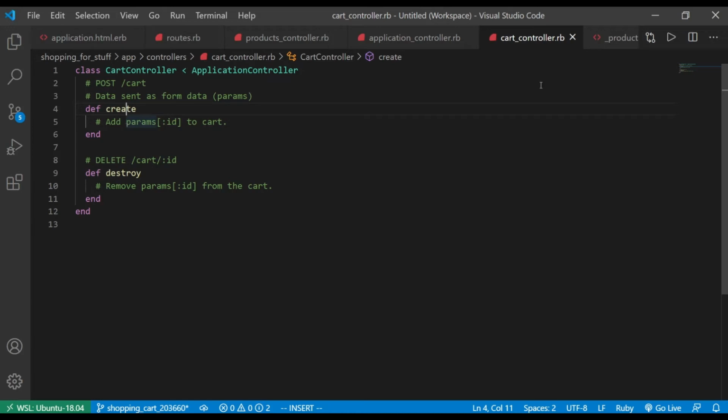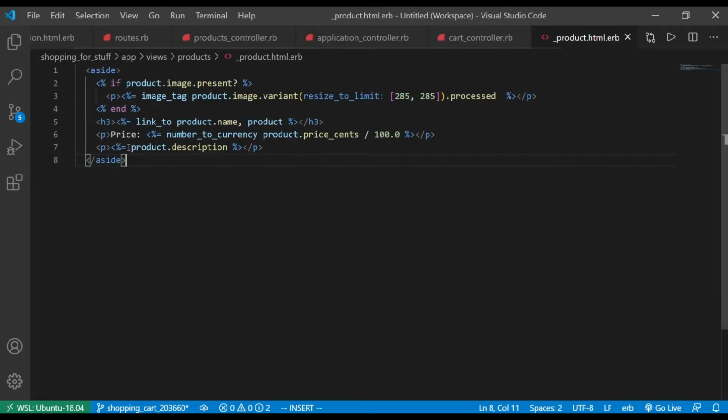So we're going to put it into our partial, at the bottom of this partial, inside the aside, because that's our item that does the sort of card. I'm going to say form with, that's my helper that builds forms,